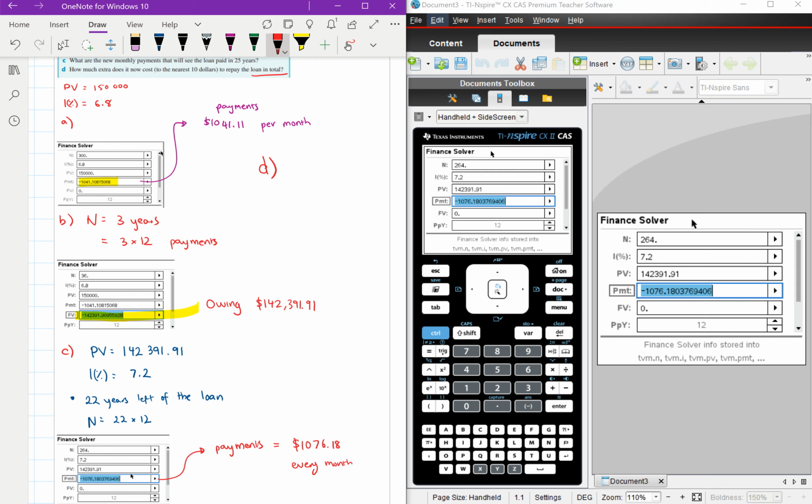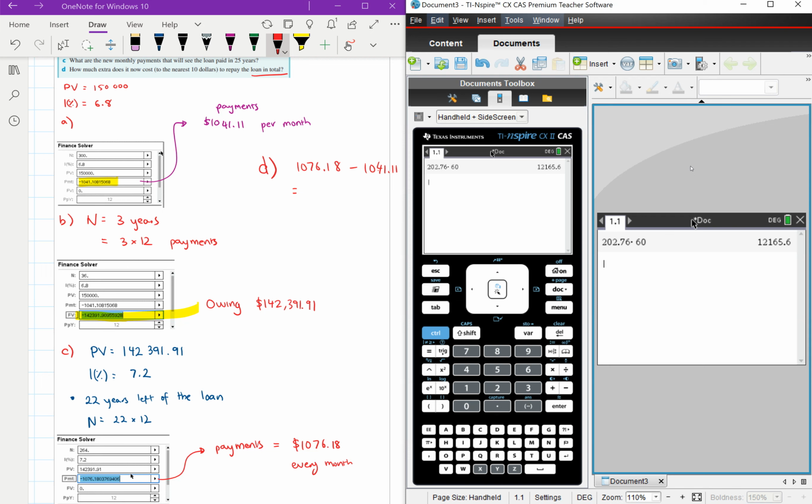So every month now I'm paying an extra from 1,076.18, take away $1,041.11. This will tell me the amount. So let's go to my CAS, press escape. So I've got 1,076.18 minus 1,041.11. So $35.07 extra